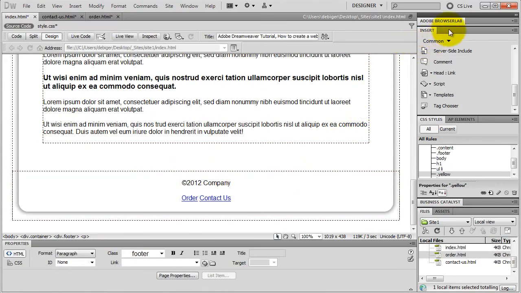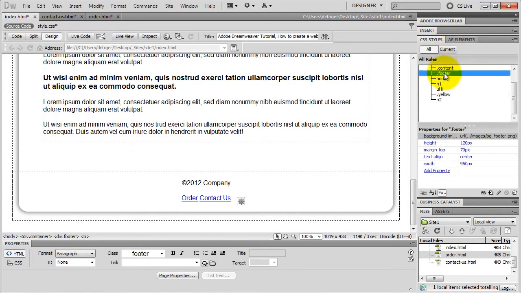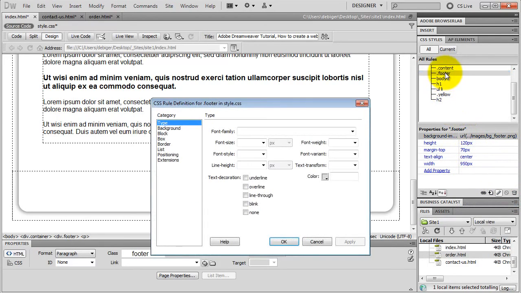I fold up my insert panel, select my footer class style, and down here I can see all the properties and values for my footer. I can change the values here, I can add property, or I can delete or disable properties. But I just double click my footer class style and bring up my CSS dialog box. I change the font size to 14 pixels because I don't need such a big text inside of my footer,